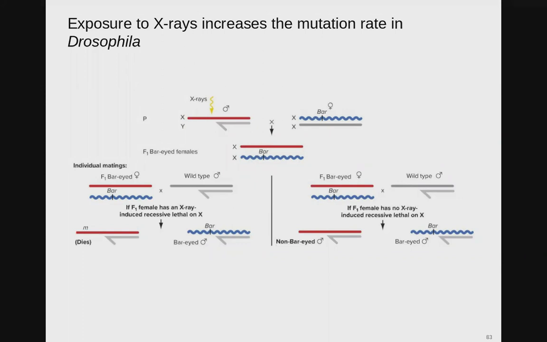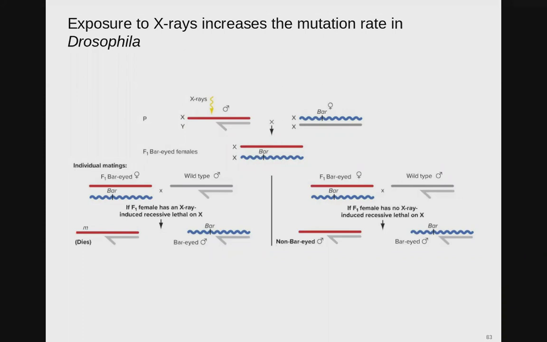Then he would have individual mating. He'd have an F1 bar-eyed female mate with a wild-type male. Now, if the F1 female had an X-ray-induced recessive trait that was lethal on the X, you would create males that would die, but bar-eyed males. If the female had no X-ray treatment, they would have non-bar-eyed males and bar-eyed males as well. So they would see the effect directly on the mutation rate, because this was taking his X chromosome from dad,